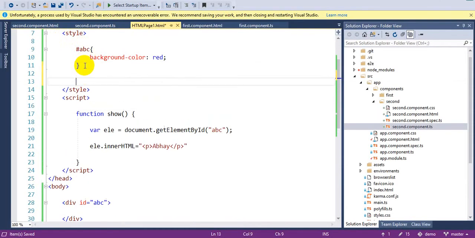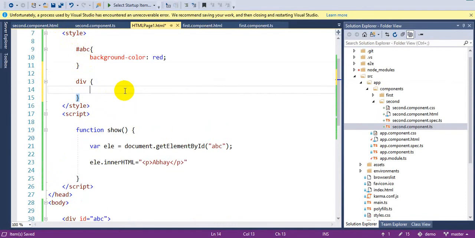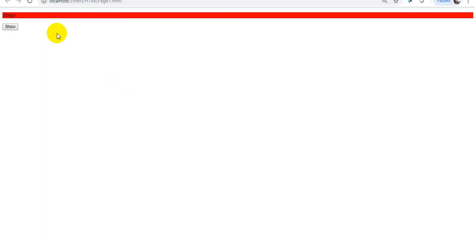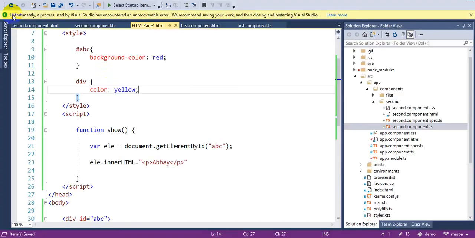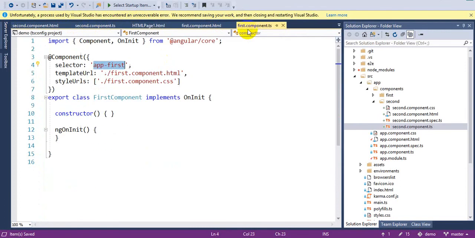And how many types of selectors are there? ID selector. Okay, element selector. If I want to make this, I can use the element selector. So I am going to use color equal to yellow. ठीक है ना? And if you go here and I refresh that and click, automatically the color got changed. Why? Because it is used as an element selector. So this selector which I am talking about right now is nothing but the CSS selector. Okay, so whatever I can write, I have written.